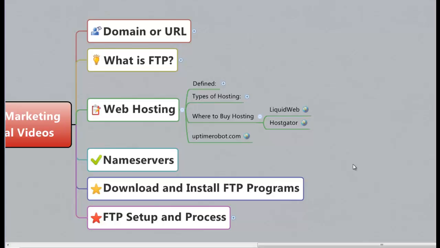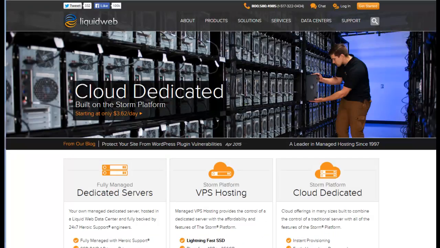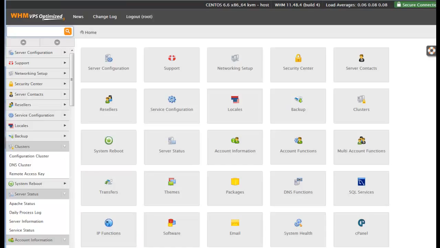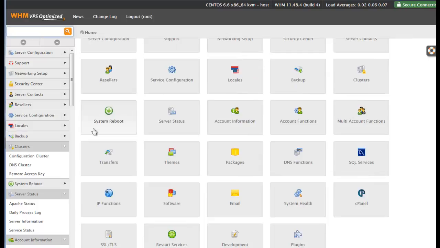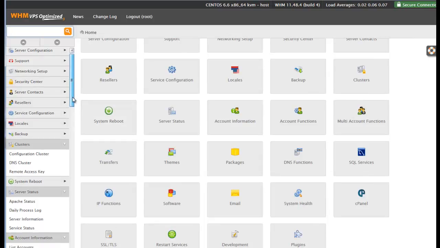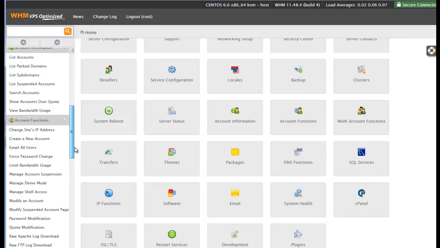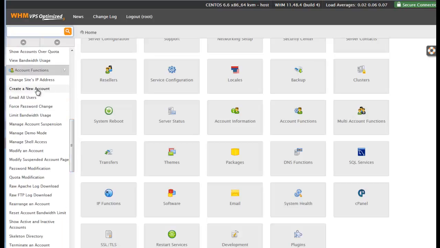Now, I'm going to actually go into my hosting account, my reseller account, and I'll show you how to set up an actual hosting plan through a reseller account. So let me head over to my hosting account, and this is my hosting account with Liquid Web. So you can see that I have a bunch of different options here. I hardly use any of them. I just basically want to create a new account, and I'm creating that new account